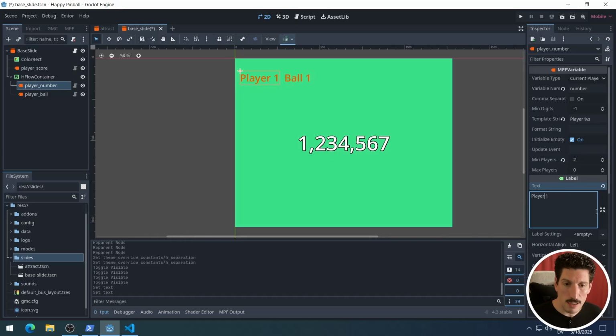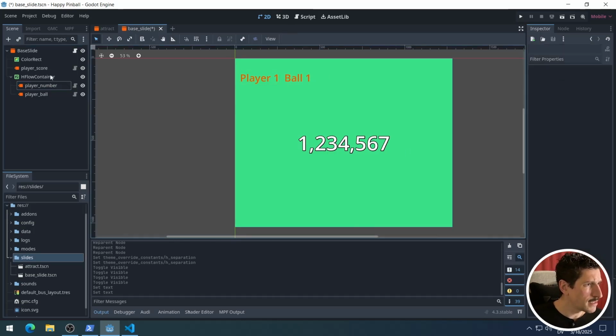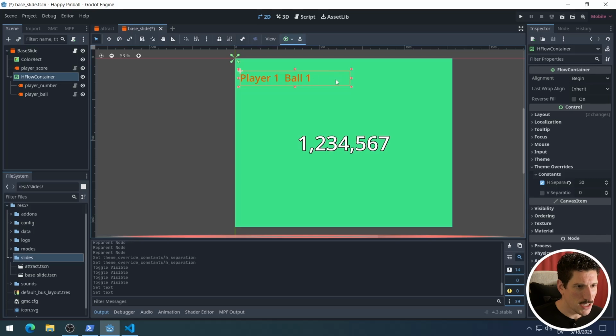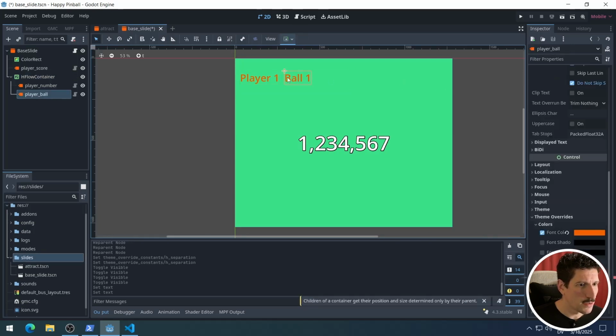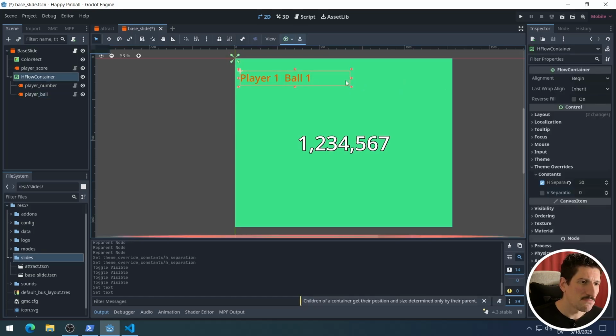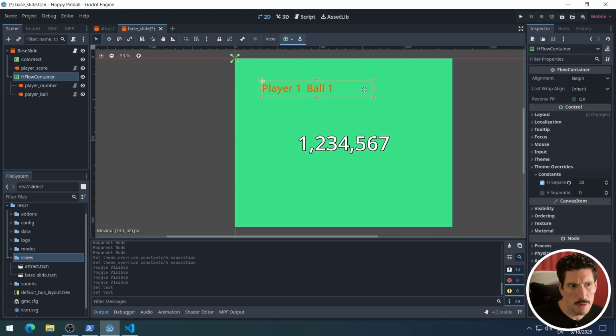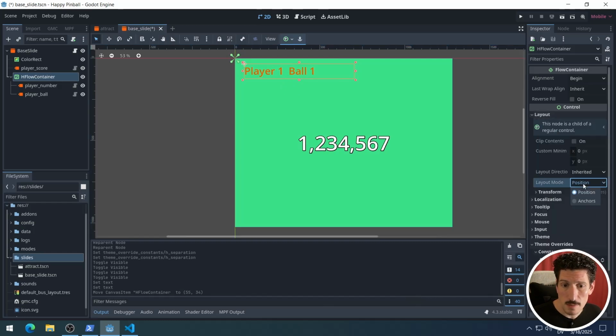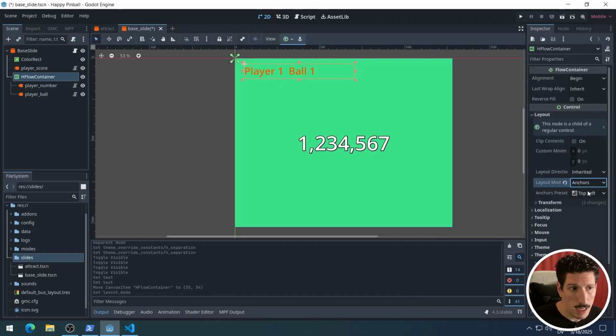So that's great. Love that. Now, the thing here is that we are still explicitly positioning this horizontal flow container, and that's not ideal. We just want that to be at the top. So we could put it at the top by setting, like we did with the player score, the layout to be anchors, and we can set it at top left. And we want to reset this position,